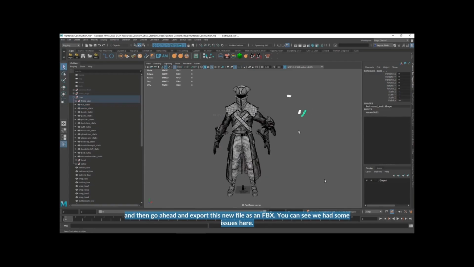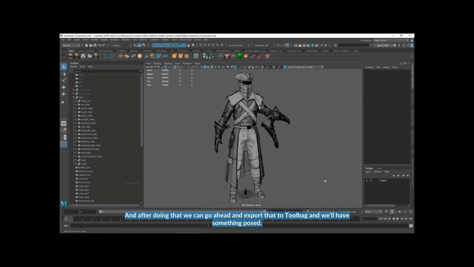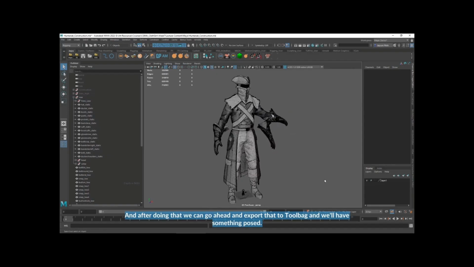You can see we had some issues here. And after doing that, we can export that to Toolbag, and we'll have something posed. Now, you're probably thinking,